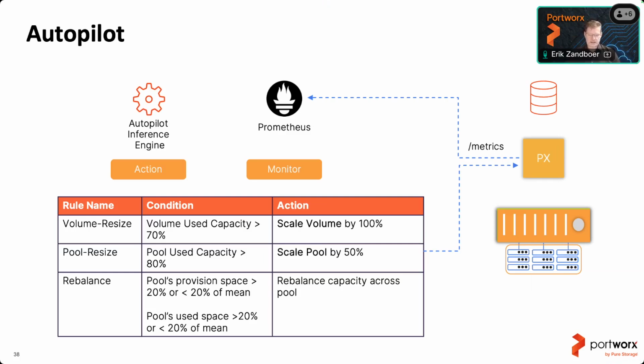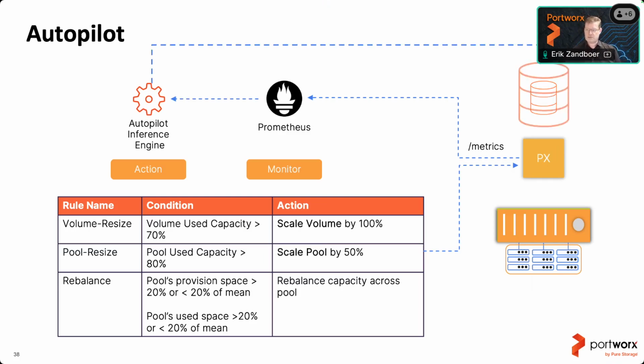So you can rebalance capacity in case it might go crooked. You can rebalance by building a rebalance rule. Basically, Autopilot will constantly measure the metrics, look at the volumes, look at their size, look at the amount of use, and at some point it might trigger and say, hey, this volume has, for example, gone over 70% of its capacity. Now I need to scale it by 100%. So it will go back and say, hey, please scale that, and that's it.